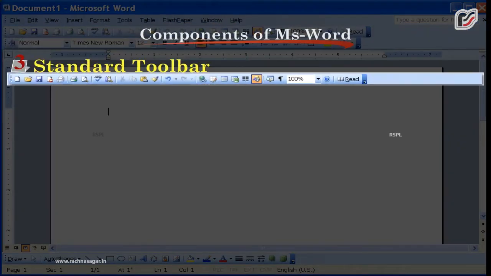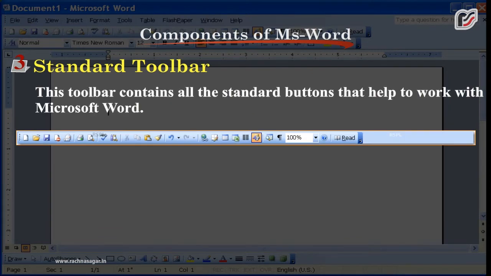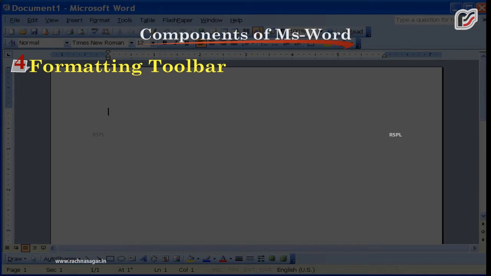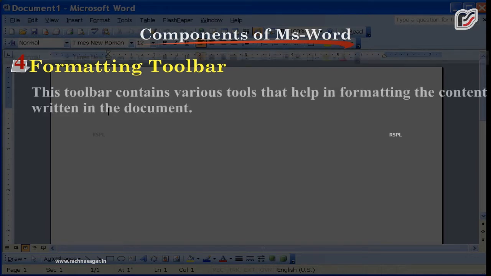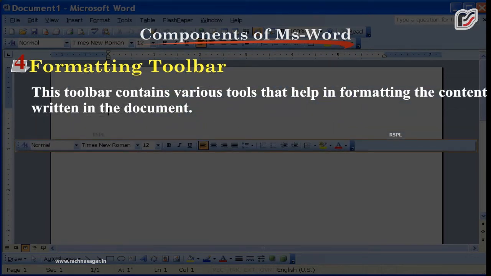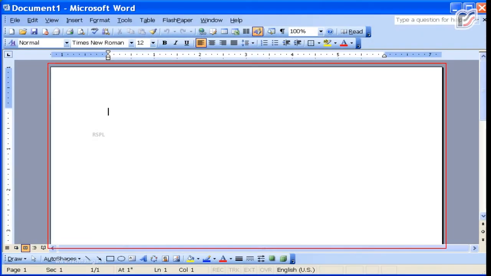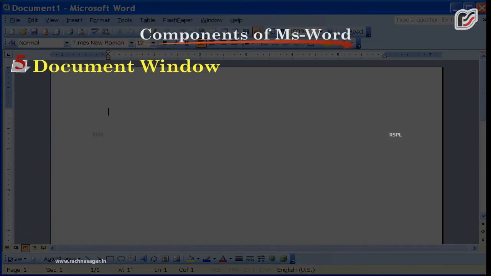3. Standard toolbar. This toolbar contains all the standard buttons that help to work with Microsoft Word. 4. Formatting toolbar. This toolbar contains various tools that help in formatting the content written in the document. 5.